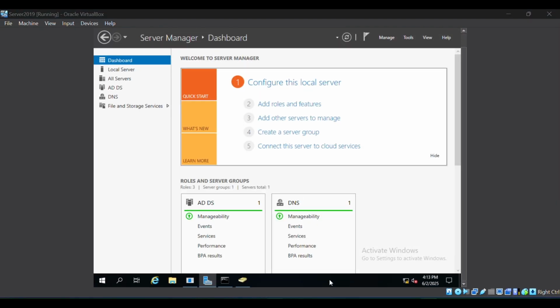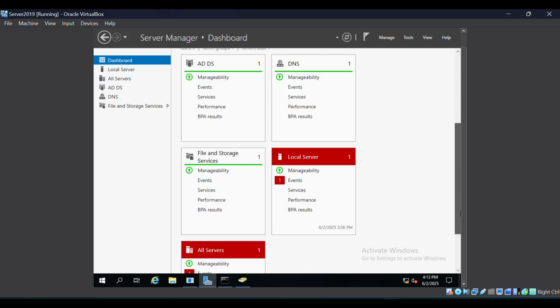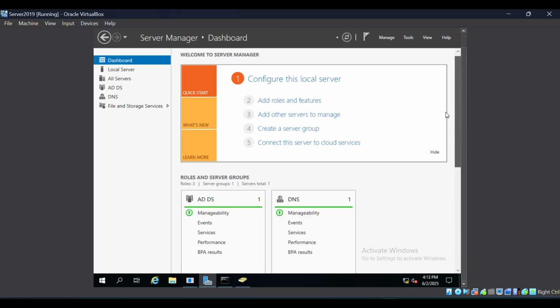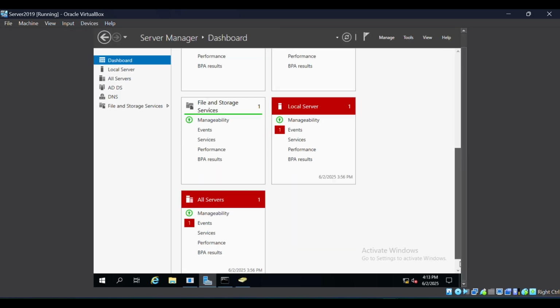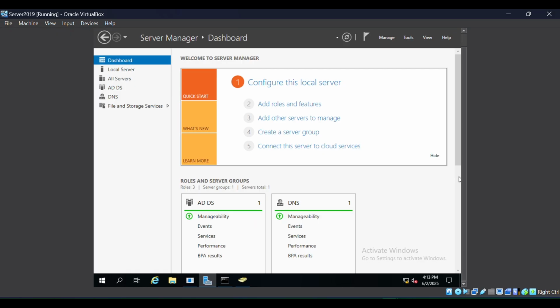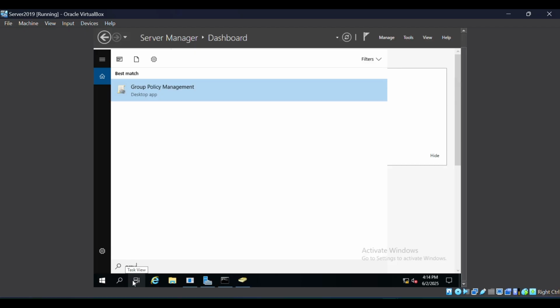I'm just going to show real quick how group policy management works. We use this to disable certain kinds of functionalities in other users' profiles. So for example, if John Doe wants to access certain software, we can disable it so that he won't be able to go to it. Likewise, we can also re-enable it and allow certain software to be accessed by that individual. So in order to do this, we go to group policy management,